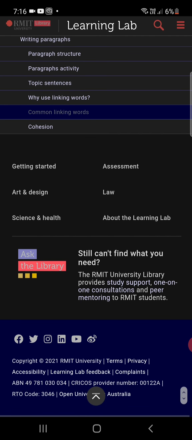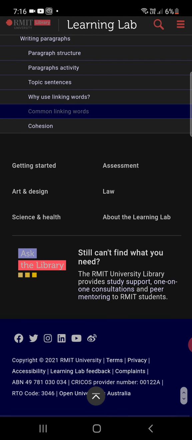I see getting started is art and design. I see art and design is science and health. I see science and health is assessment. I see assessment is law. I see law is about the learning lab. I see about the learning lab is